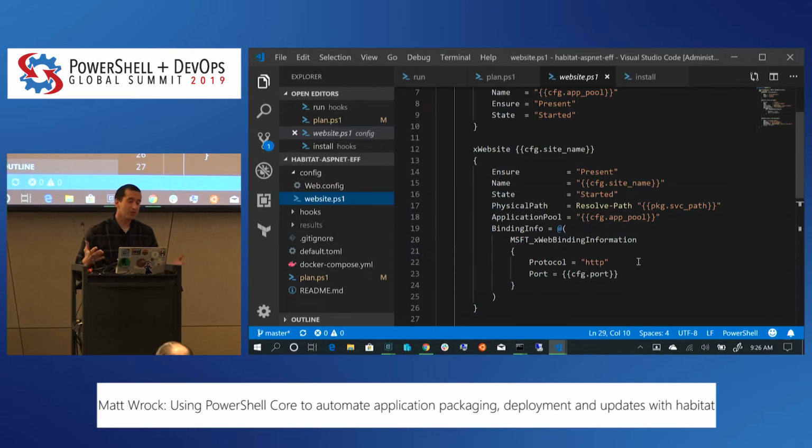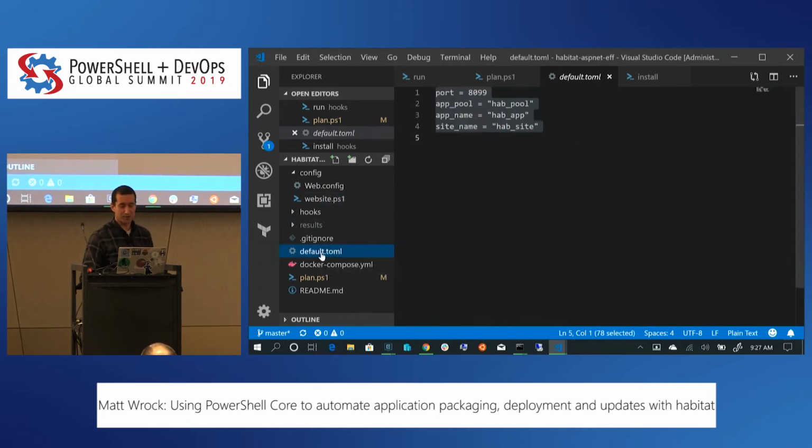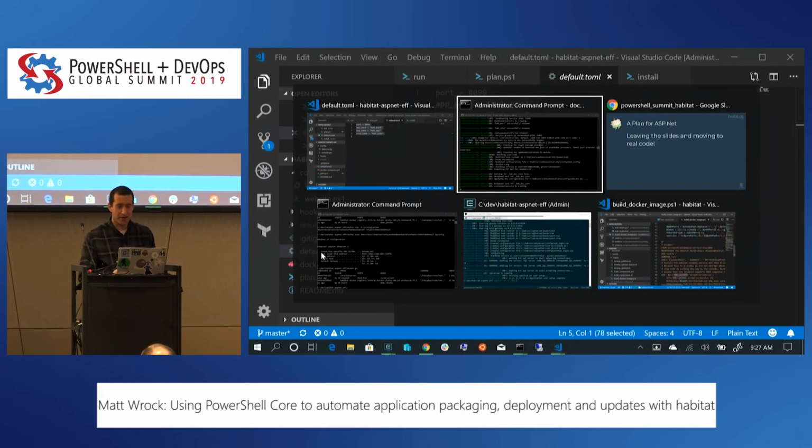But at a minimum, what everyone is typically going to do and include in their package is this file called default.toml. And so you can think of these as safe defaults. So if I don't tell the supervisor anything, it's going to use these defaults. It's going to use these values for those configuration settings. So I'm going to be on port 8099. I'm going to be hab pool. So all that stuff will get